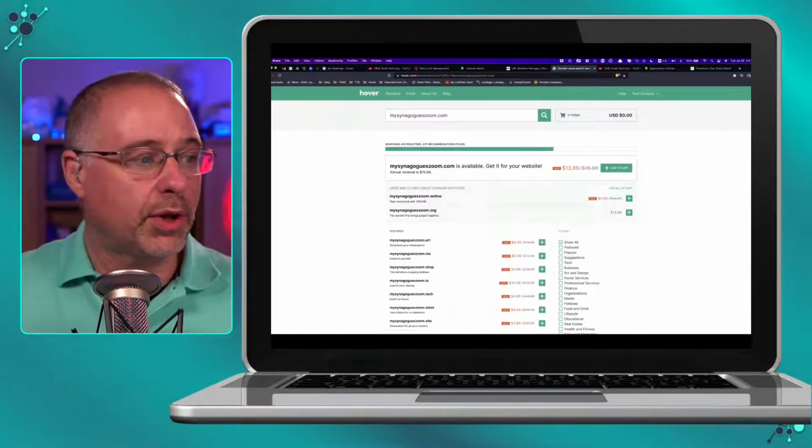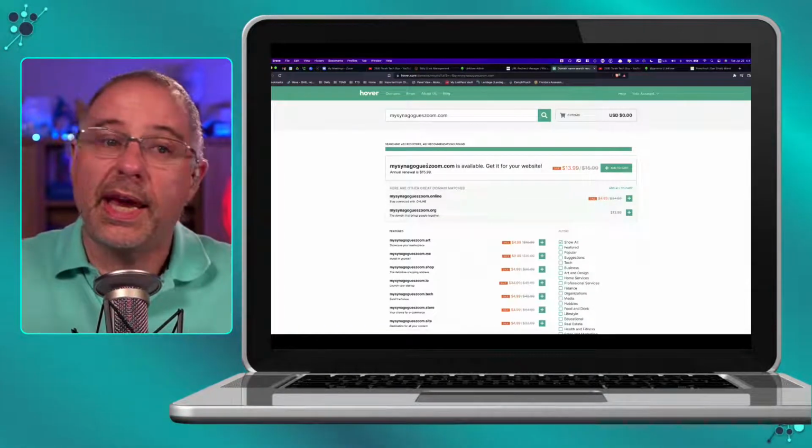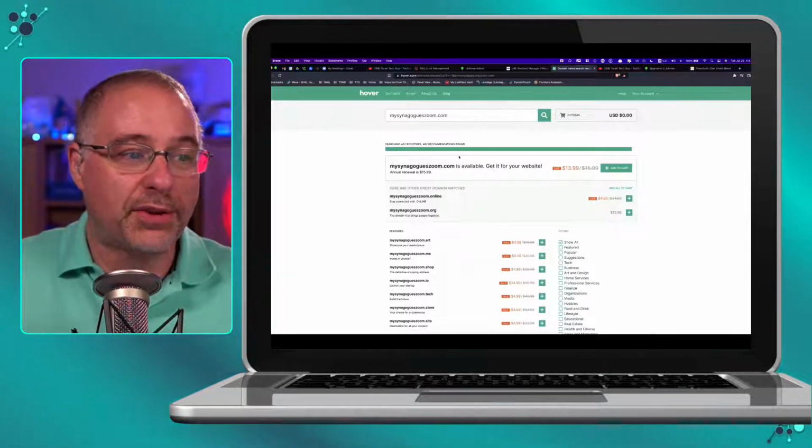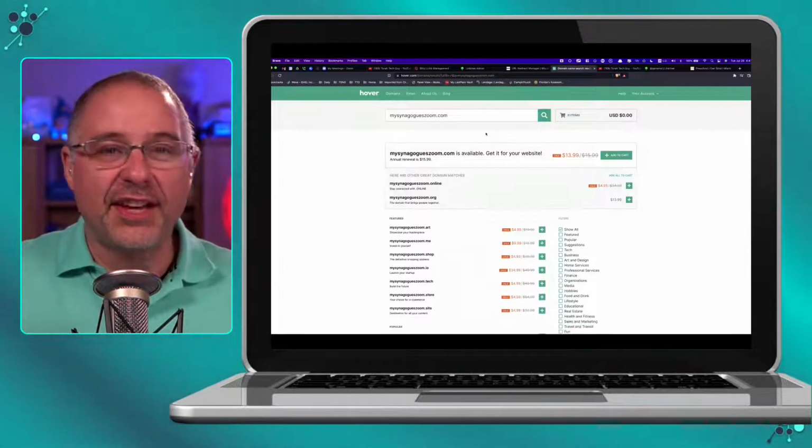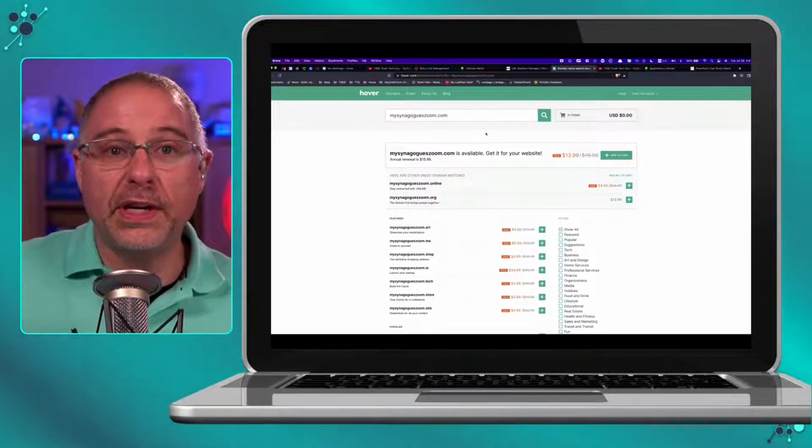I use Hover, by the way. Oh, it's available. Someone can get it right now. MySynagogueZoom.com is available for $14 a year, and it's on sale. There you go. So I use Hover.com, HOVER.com